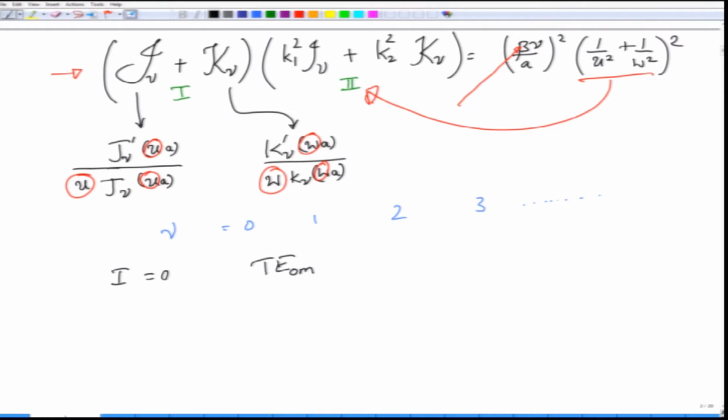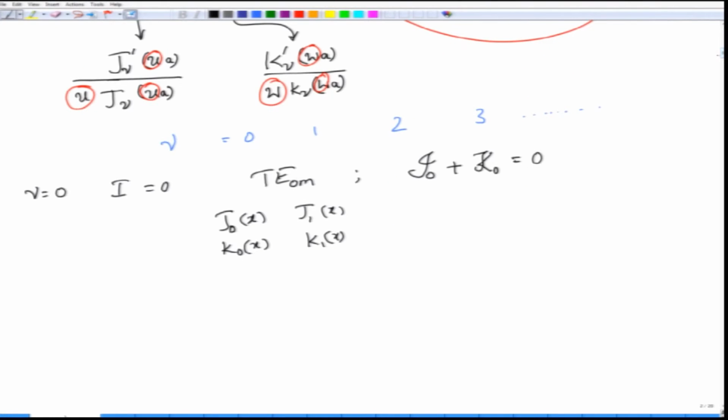And this of course will happen only when nu is equal to 0, therefore the solution actually has to be J0 plus K0 equal to 0, and you can then use some recurrence relationship which relates J0 of x, J1 of x, okay. Similarly K0 of x and K1 of x, the Bessel functions of the first and second kind. You can use some recurrence relationships for the Bessel functions in order to solve this equation, or rather write down this equation in a slightly easier form to solve,